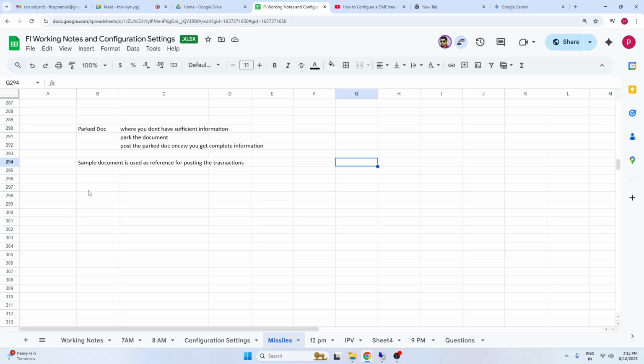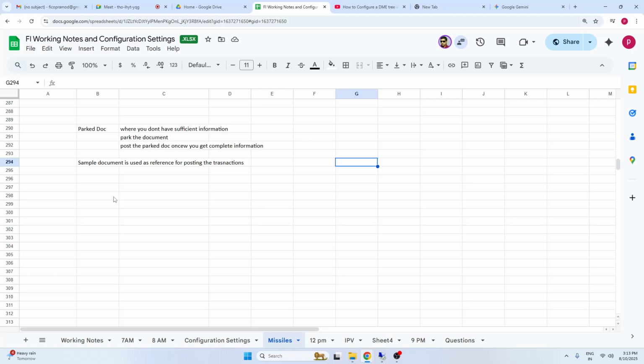What you will do, every time go to FB50 and enter the transaction, or it's better to create one template. So reference is nothing but template. Clear? Yes.